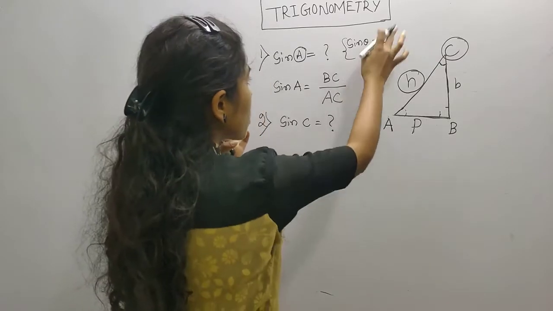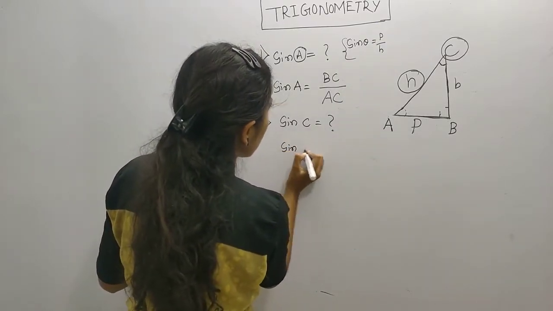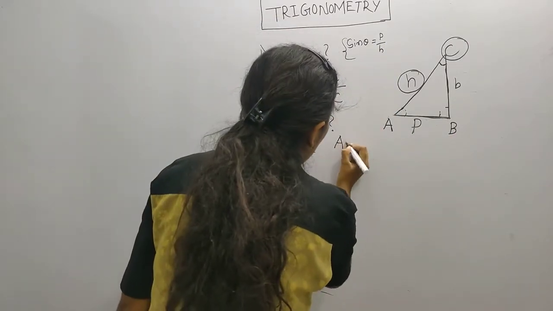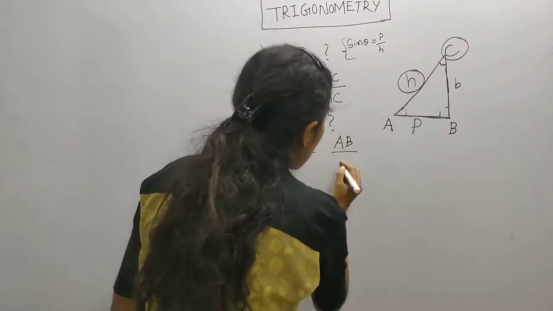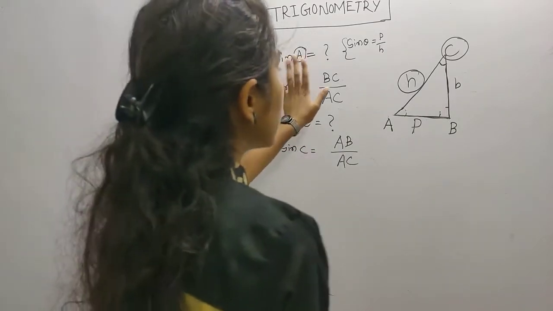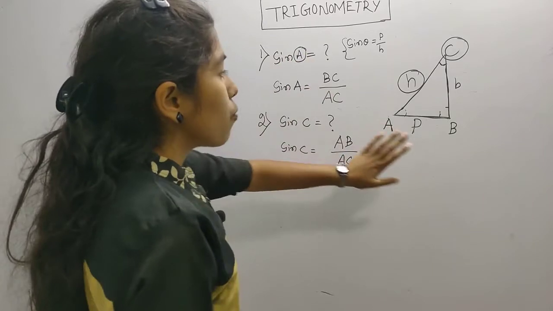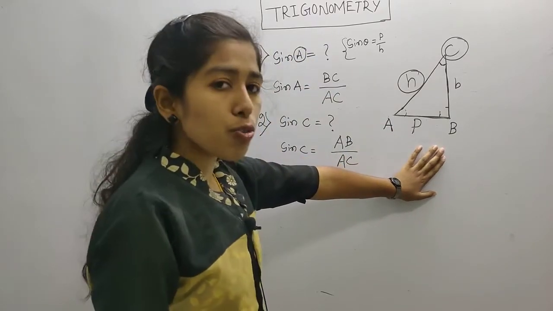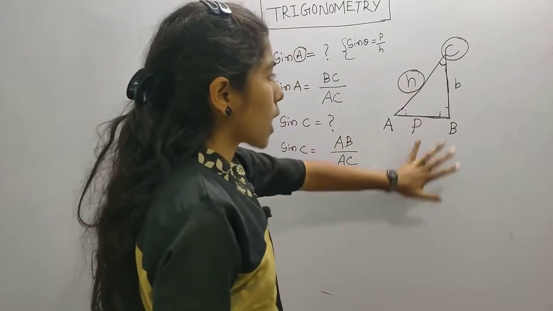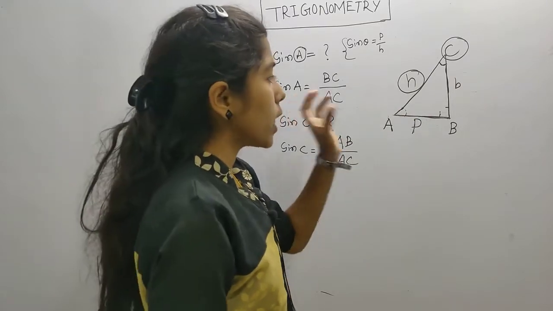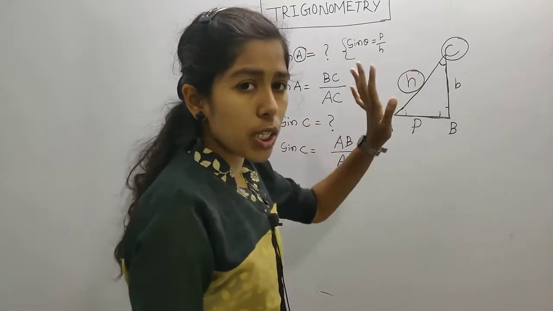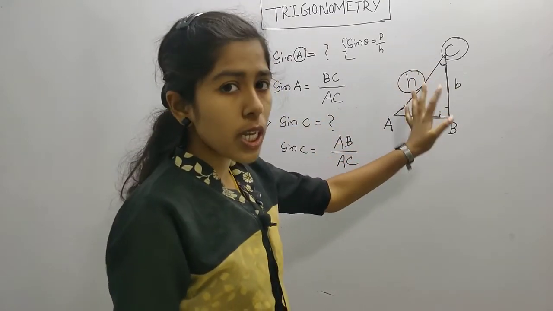So what is our formula then? Sine C equals perpendicular. Which is the perpendicular now? AB. AB by hypotenuse, which is the same, AC. Over. So easy. See, again I am telling you. We will do some questions on this, but first I am giving you a clear idea about this triangle, how you can identify and how you can exchange the perpendicular and base. No problem for the hypotenuse, it will remain constant. It is the slope. You can easily identify the hypotenuse in a triangle.